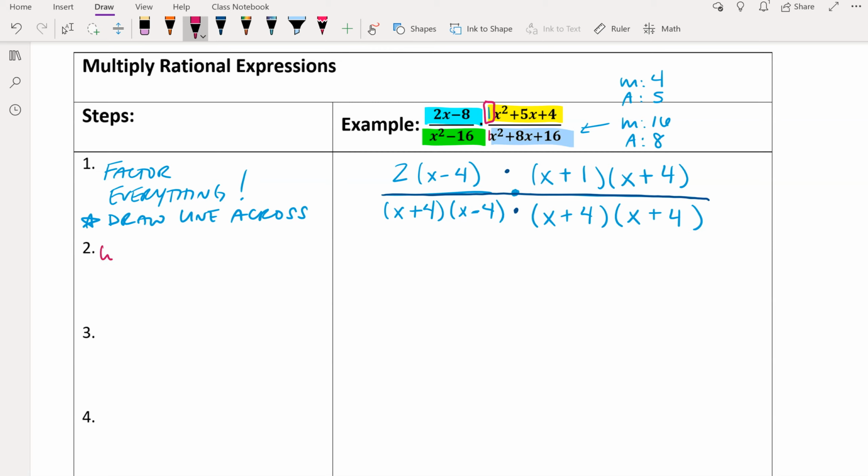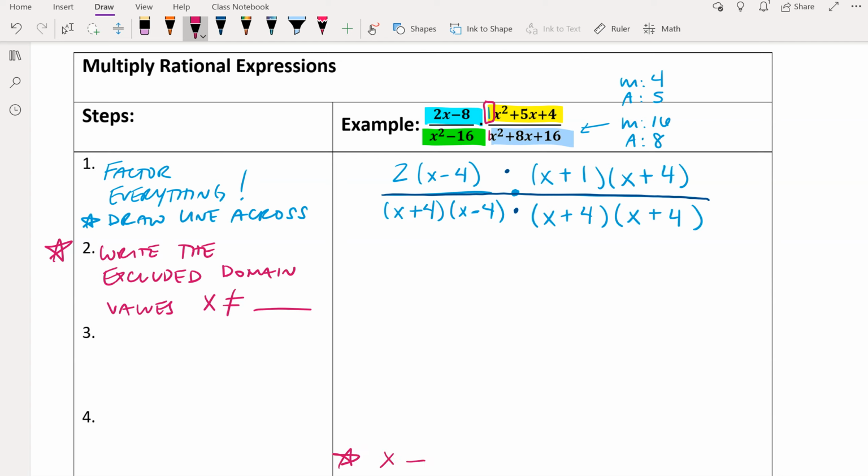So now let's move to the next step. We are going to write the excluded values, and we talked about these values yesterday. Excluded domain values. Remember, the domain is what x equals. The excluded domain values are what x is not allowed to equal, and those come from whatever makes the denominator equal 0. Let's write those at the bottom because they're going to be part of our final answer, but you need to do it in this step before we move on. X is not allowed to equal